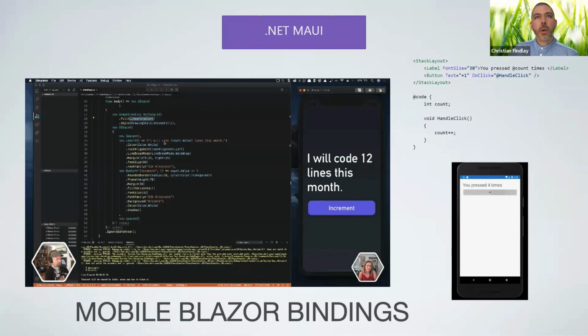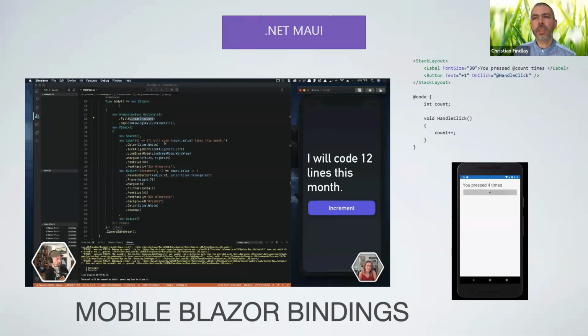One little thing about MAUI, there's something that a lot of people are talking about right now, which is the MVU style. You can see up in the top right-hand corner, this is more like web style programming. So this allows you to mix and match code within the one page. It allows you to not only write XAML separately, but it allows you to mix the UI declaration with some code.